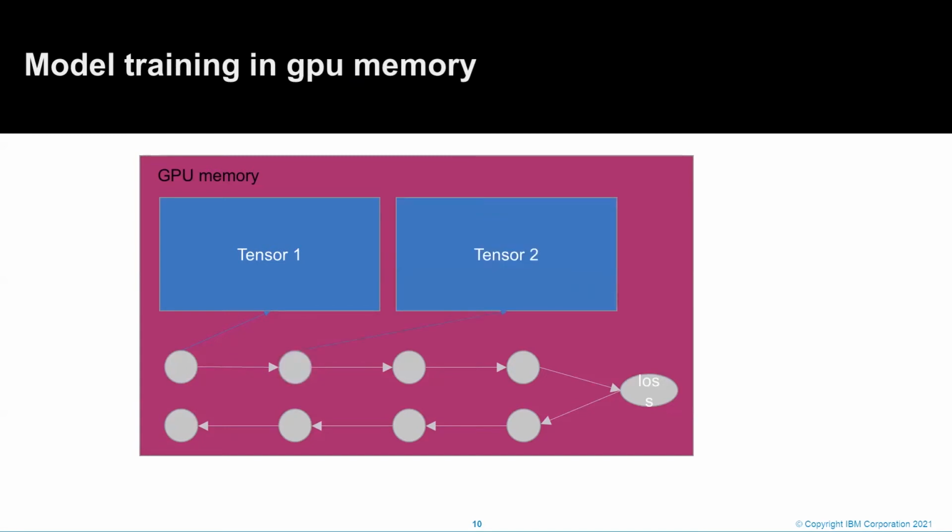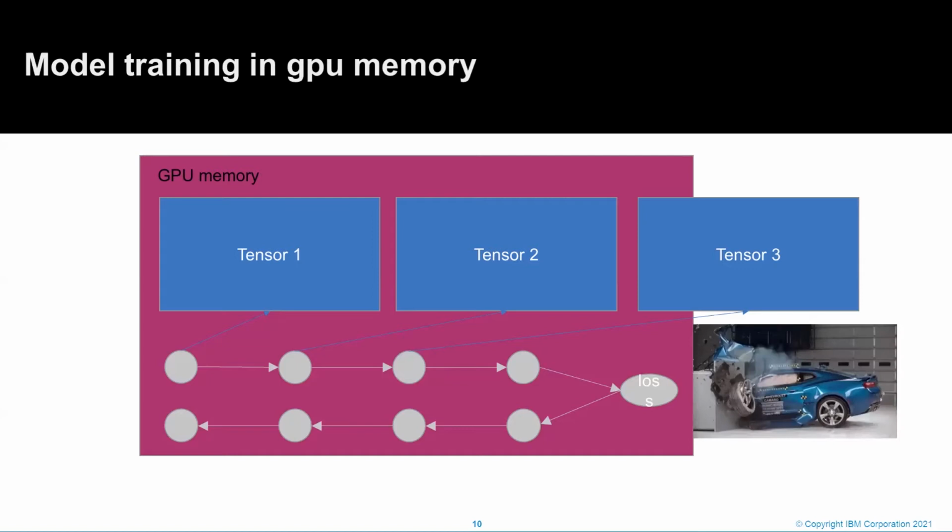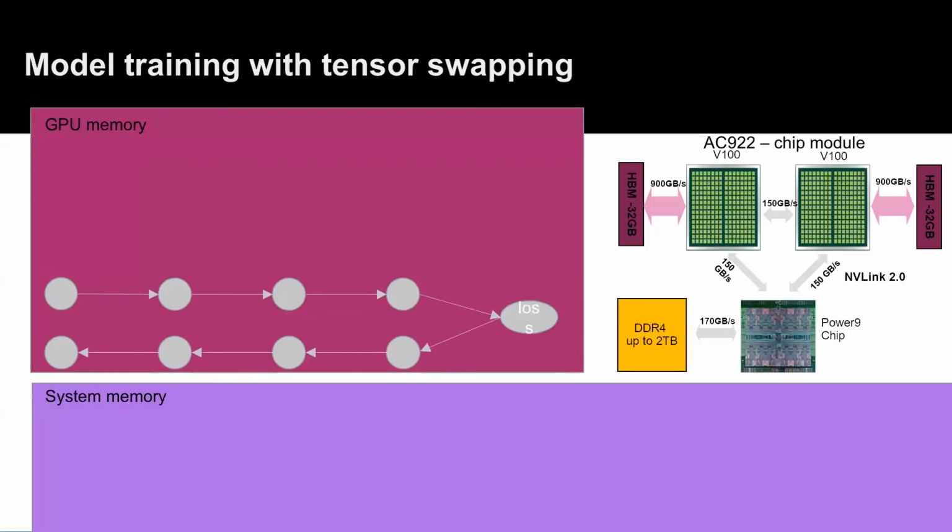The next layer will produce another tensor, but then you will see that there is not enough space for the third tensor in the GPU memory, and the training will crash, right? So if you activate large model support on the AC922,